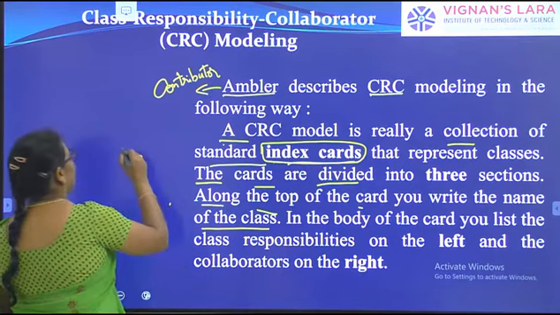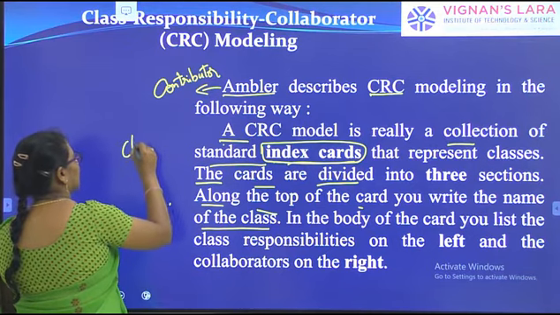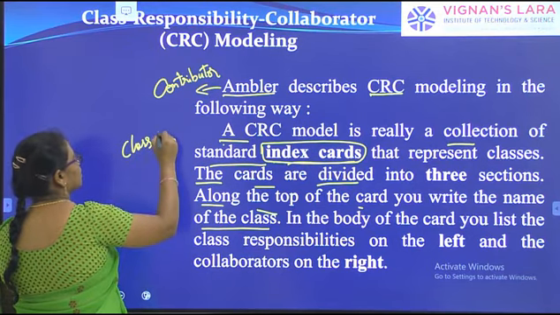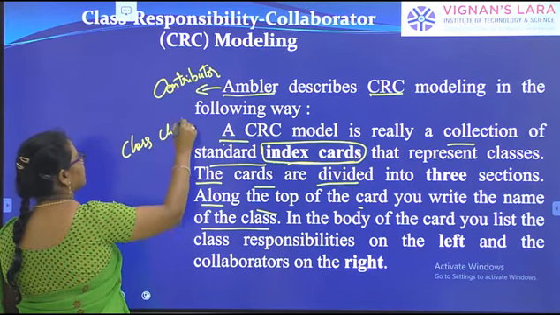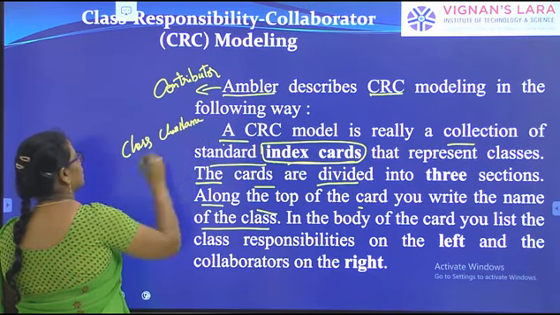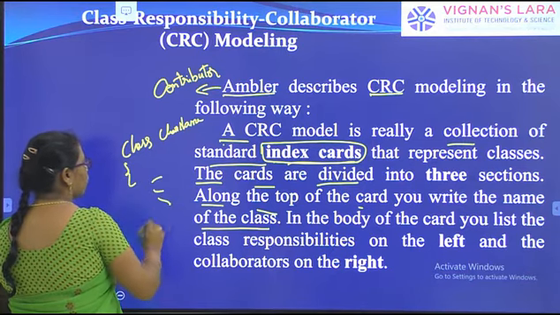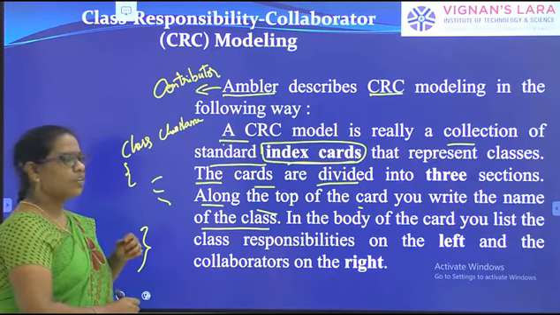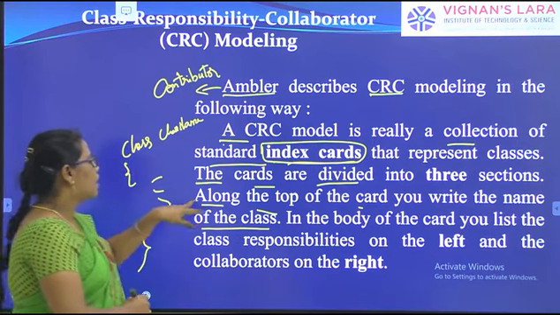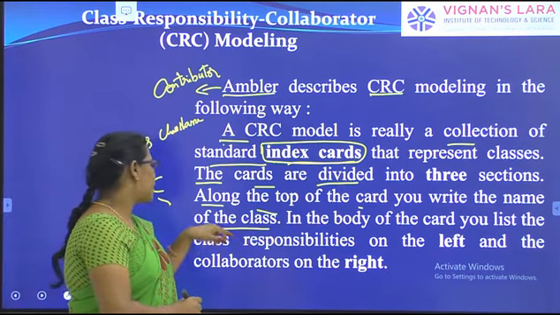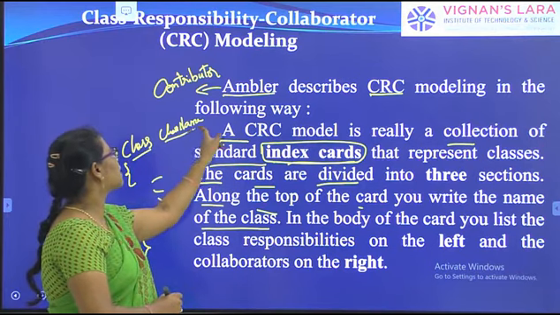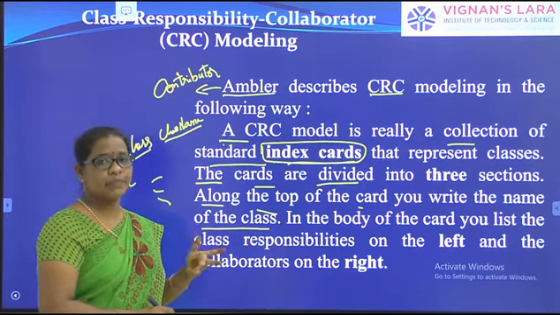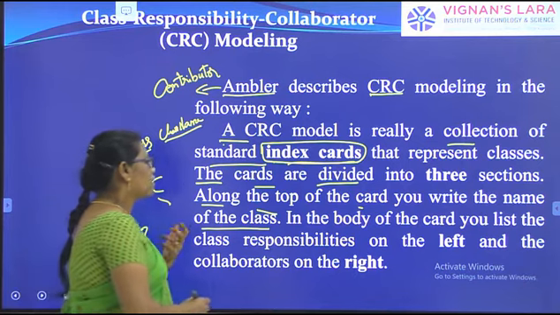If you have a class in a C program, you use some class name, and then you write some code. Whatever class you are representing, you give it a name, which is called the class name.